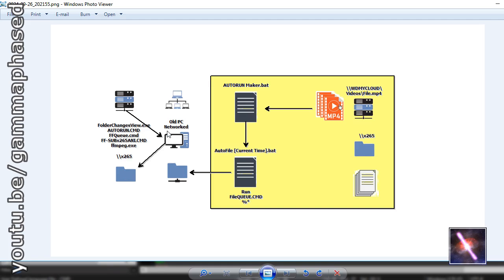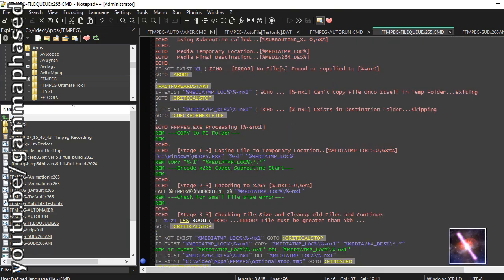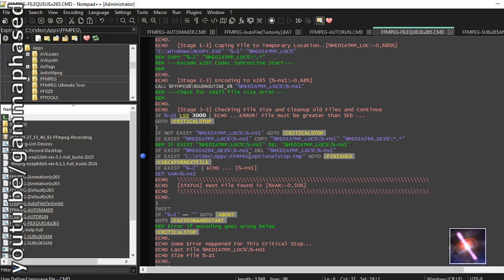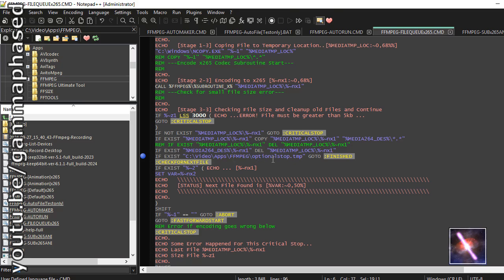Now there's an optional stop and an optional shutdown. So if these files exist, let me go into file queue. I've marked them. So let's say you've done half the list and you want to shut down your computer or do some maintenance on it, or you just want to stop for the day and it's only gotten through half of your list. So all you have to do is wherever you want to put this optional stop file,